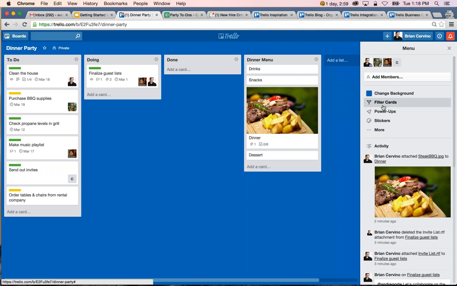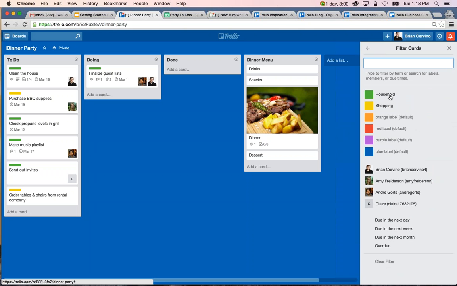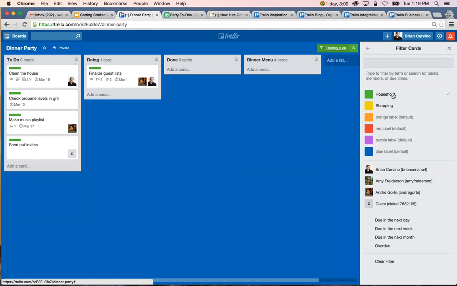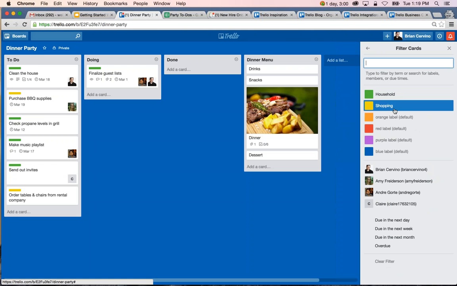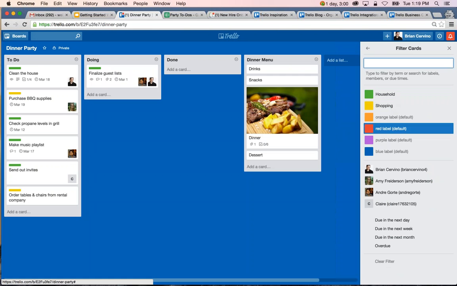So as I mentioned earlier, filtering cards on a board is a handy way to get a more granular perspective on cards. And so I can easily filter for my household labels to quickly see the status of those tasks, or my shopping labels, etc. It's also possible to filter by cards assigned to board members